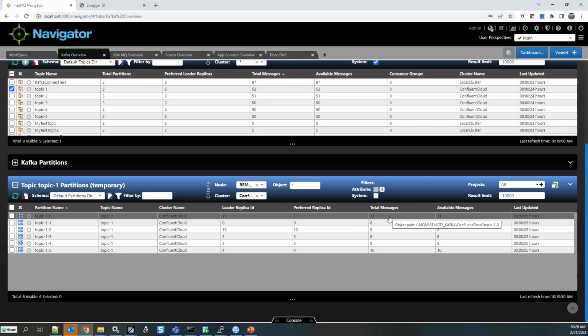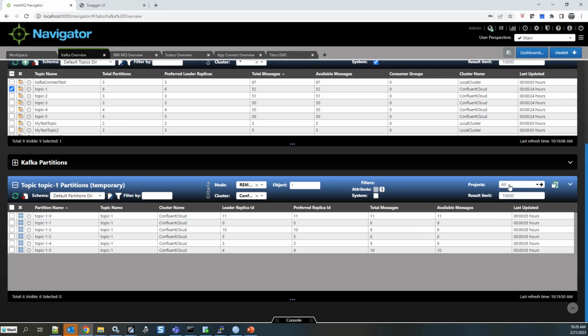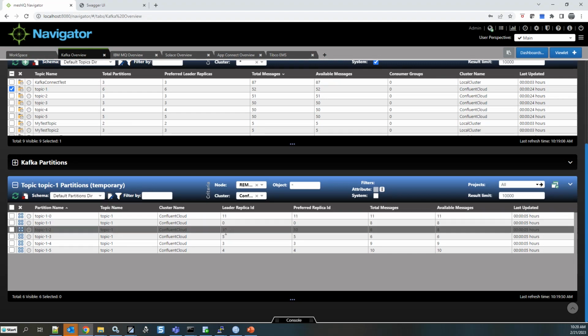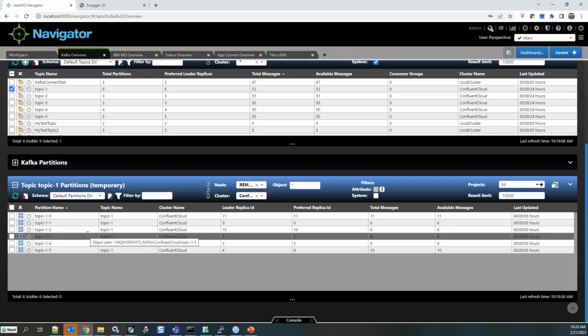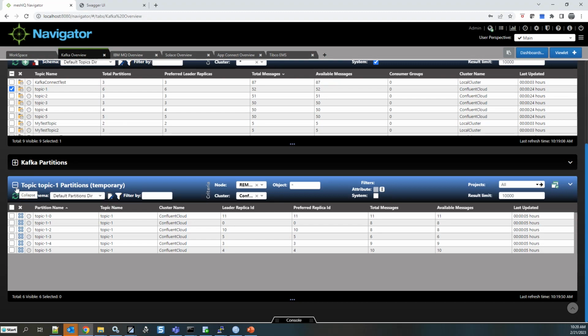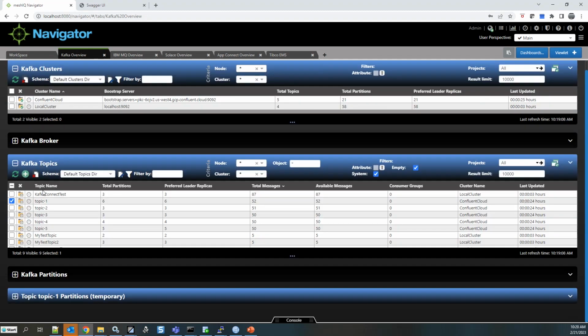Maybe you've got a key, you've got your own clustering algorithm set up, and you want to see whether the messages in a given component are even, or is one of the consumers for one of the partitions not keeping up, and so on. Well, again, we can give you a quick view of that information.